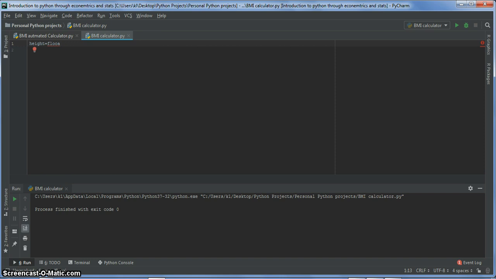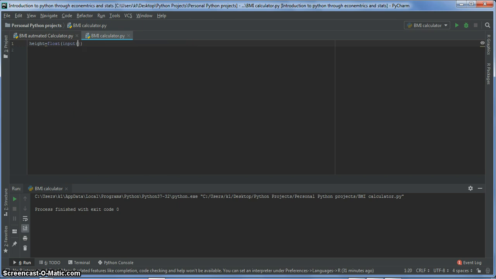And if you don't know what a float is, it is a data type. Okay, so we have integers, we have floats, we have strings. So we're going to create a float, and anything that is a float is something that has a decimal point. So any number with a decimal point is a float. Okay, so a float, and then we're going to bring brackets, and then we're going to bring input,